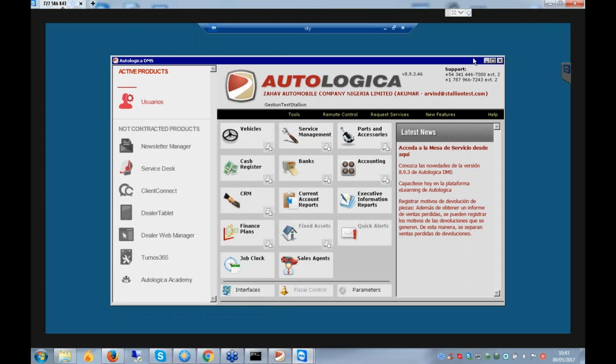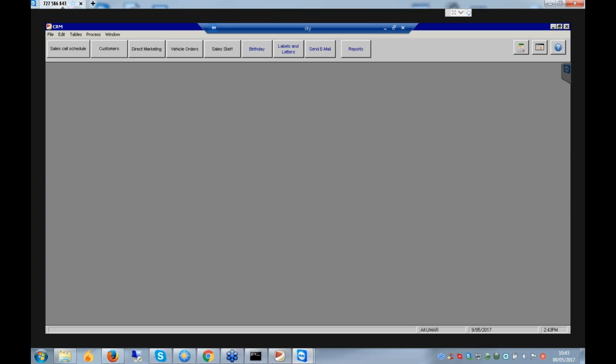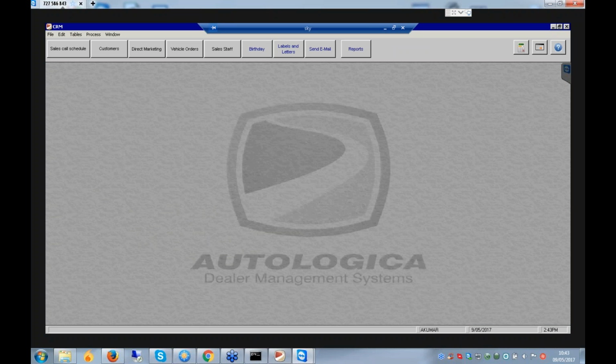Okay, good afternoon, everybody. So today we are going to show you the CRM PSF part, the service reminder. In this CRM, you have to click here. The CRM module will be open. In this CRM module,